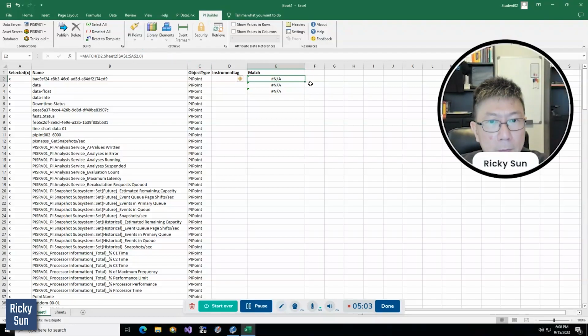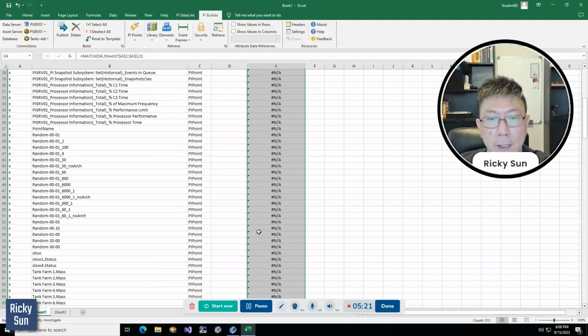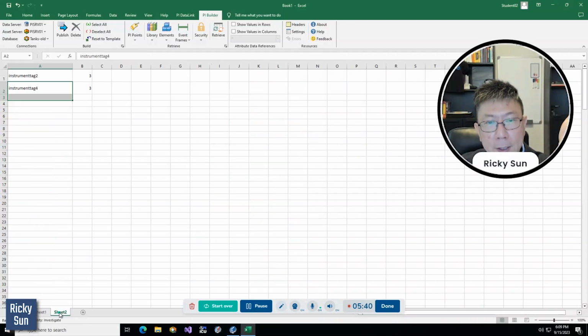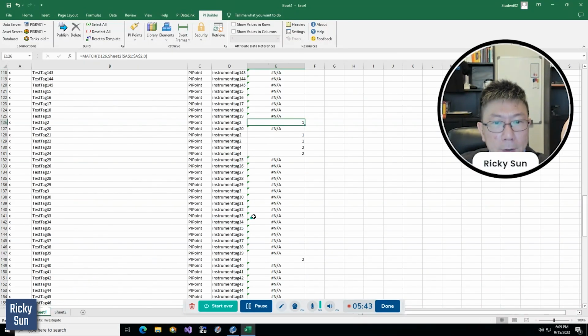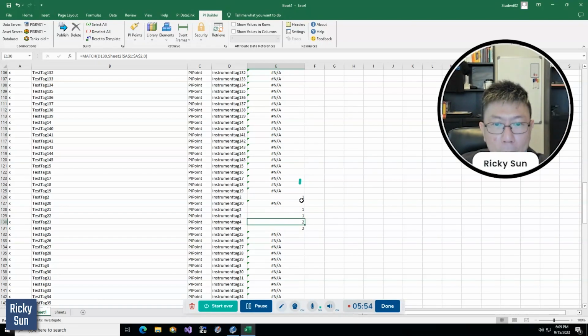I got this, and then if I do a sample for three of the rows, I see that D2 becomes D3, but everything else is locked. So I'm good now, and I'm going to massively create this for all the other rows. And when I hop over, I see a match here, and 1 and 2 here. What does 1 mean? It matches sheet number 2, row number 1. And if I look at this one, it's instrument tag 4, so it matches row number 2. That's why it is 1 and 2 here.